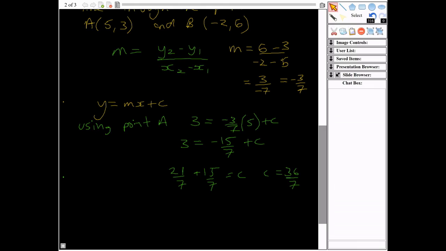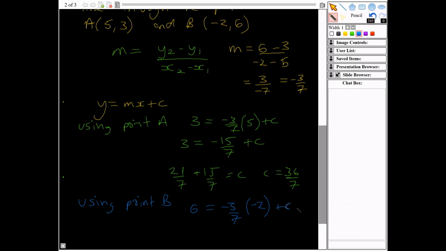Okay, and then for the second one, I can use point B as well, just to show that I should get the same answer. So using point B, the y is 6, so 6 should equal -3/7 multiplied by the x, which is -2,